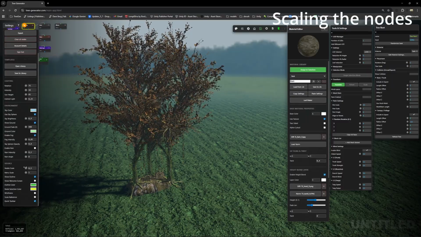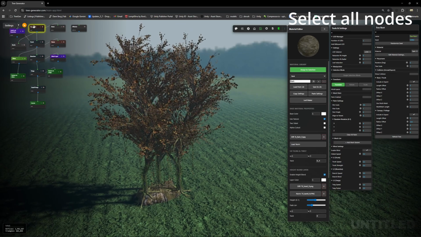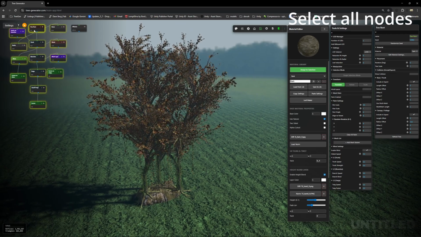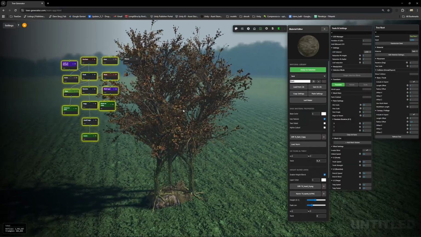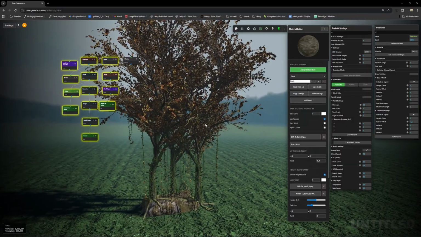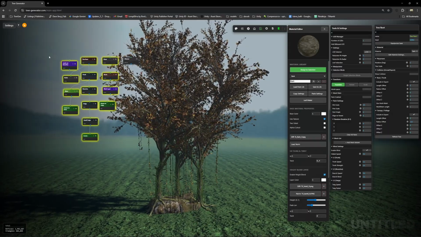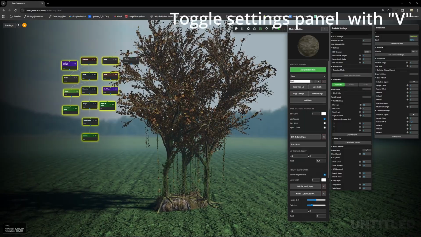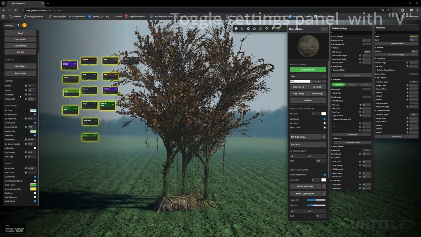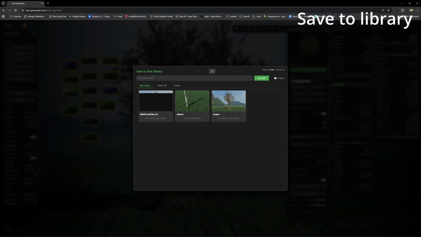We can edit this node scale like this and hide the menu, and when we're double clicking on the root, we select all the nodes, and we can move them in the scene. And the last thing we are going to do, we have the settings panel bound to a V key on the keyboard, just for your information, but we can go to the save to library, and we'll just save this scene, and this is going to be a